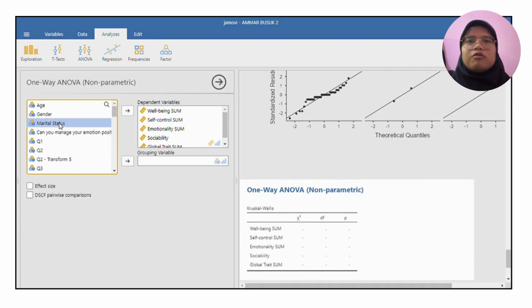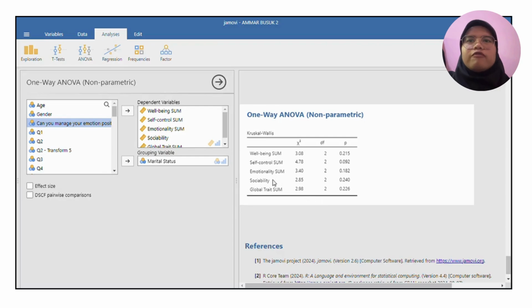The result of Kruskal-Wallis has shown that the p-value of each factor is more than alpha, which is 0.05, so we fail to reject the null hypothesis. Last but not least, we conclude that there is no significant difference between marital status and emotional intelligence factors. So marital status does not affect